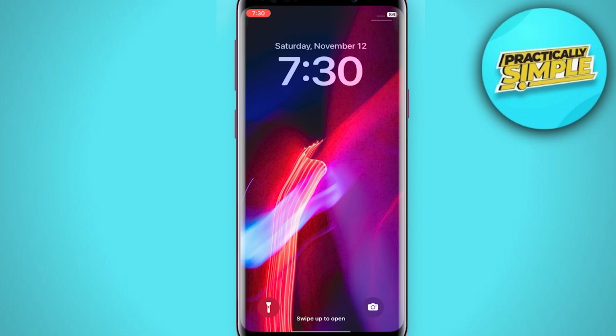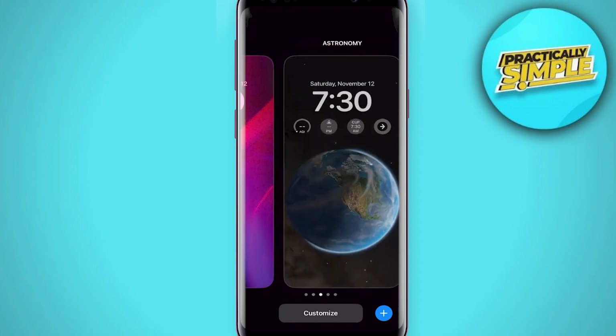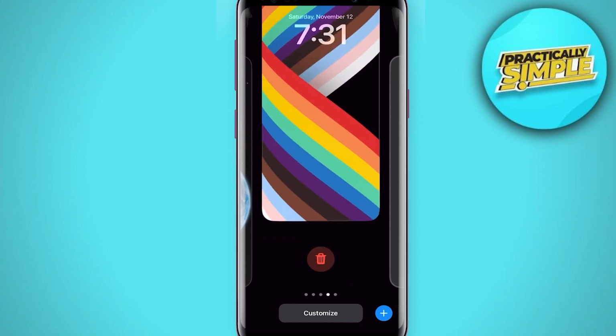To get started, unlock your iPhone using Face ID or Touch ID, and once unlocked, do not exit the lock screen. Simply tap and hold the lock screen until you see the lock screen customization option. And now you can swipe through and see all of your lock screen wallpapers. Just find the wallpaper that you want to delete and then swipe up on that lock screen just like this,